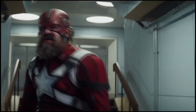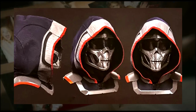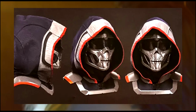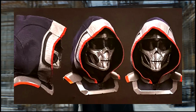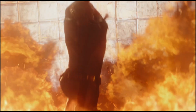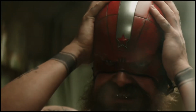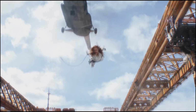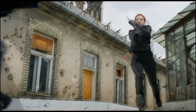So as it turns out, during the development of Black Widow, when they settled on Taskmaster and ultimately gave us this look, it's because there were multiple restrictions already connected to the MCU. And they specifically said that in the 10 years that the MCU has already existed, they already featured the Red Skull and Crossbones. And Crossbones already had to change some of his look because they didn't want it too closely resembling the Red Skull. So when they got to Taskmaster, they further had to look at the whole skull thing